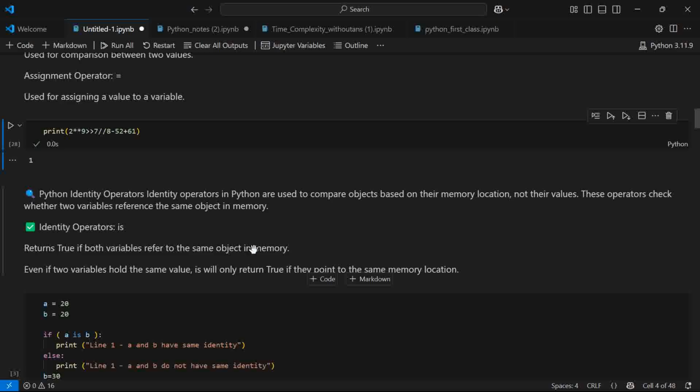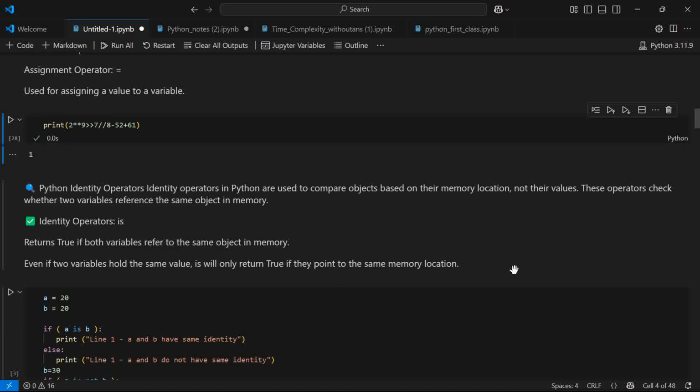An identity operator returns true if both variables refer to the same object in memory, meaning the same place in memory that both are referring to, not the value inside it. So even if two variables hold the same value, is will only return true if they point to the same